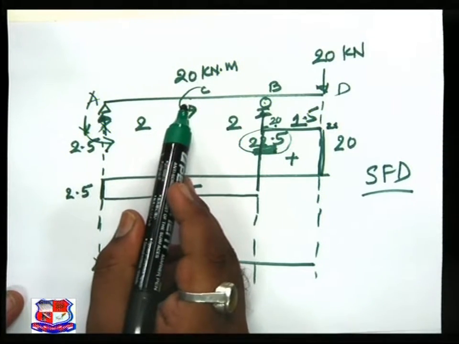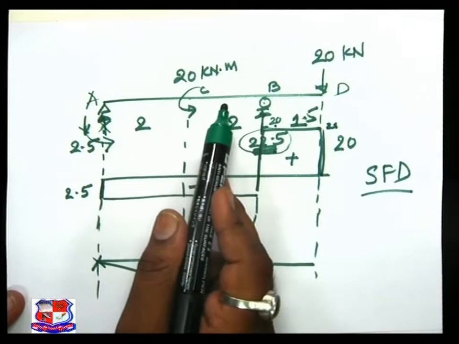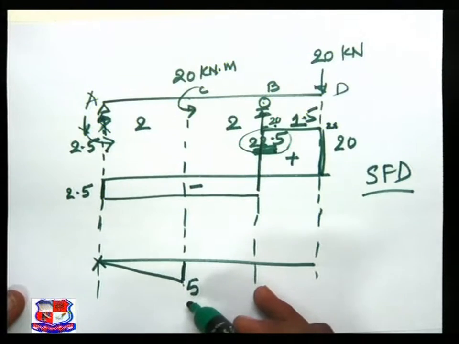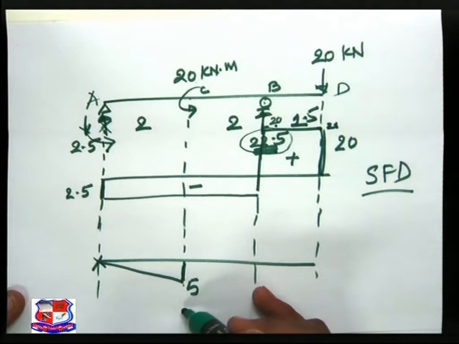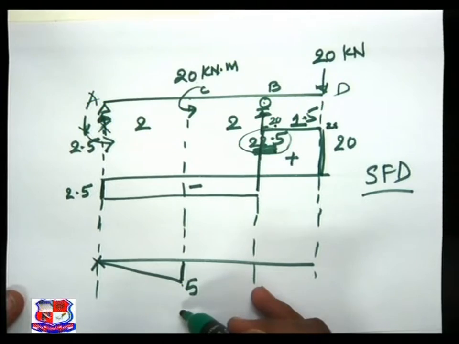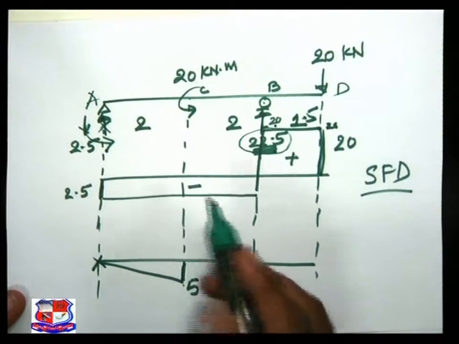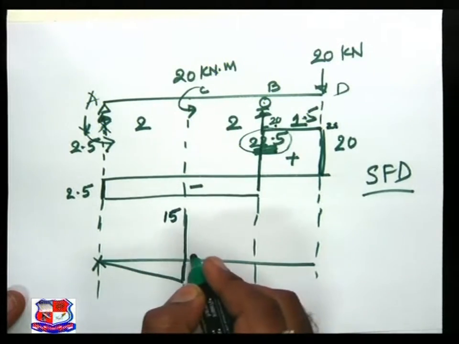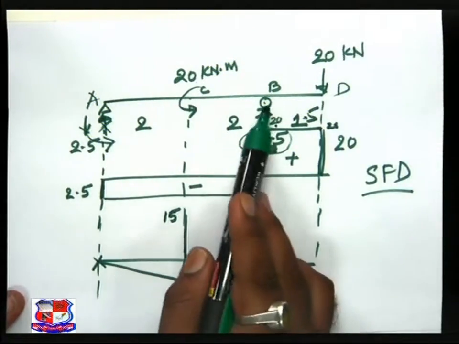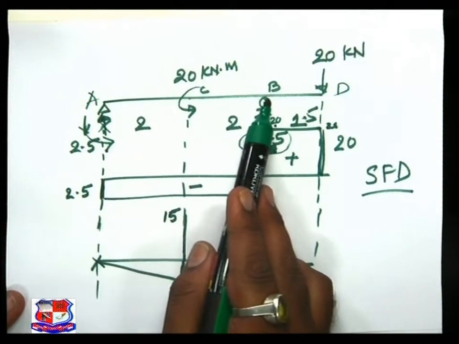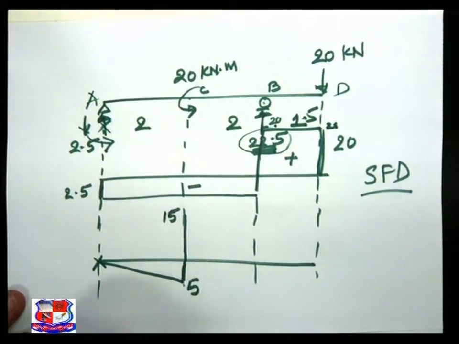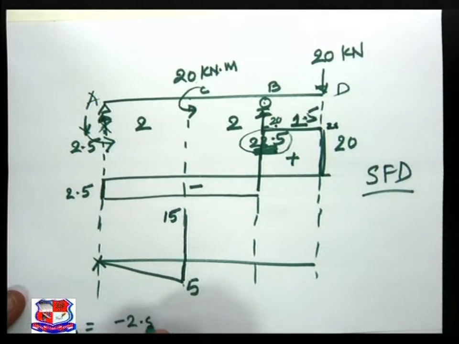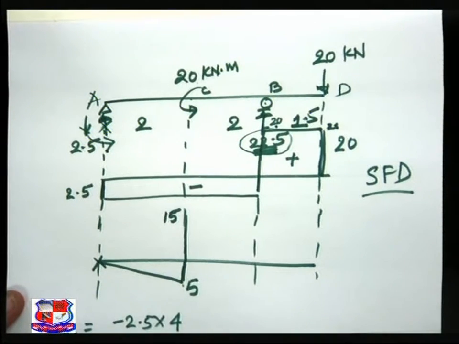Now when we go on the just right side, I have to add 20 to the value of 5. So minus 5 plus 20, which gives me the answer of plus 15. So this ordinate gives me plus 15. Now let us find out at B. What will be our answer? So moment at B is equal to minus 2.5 into 4